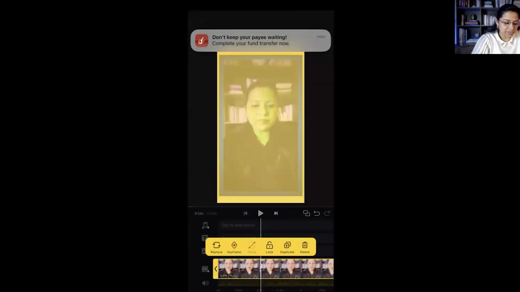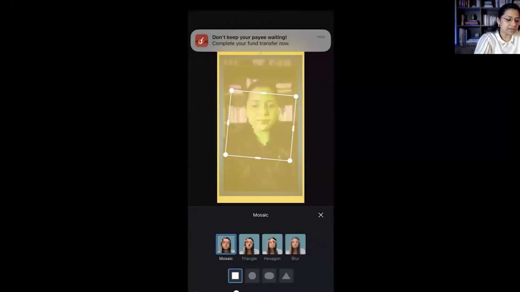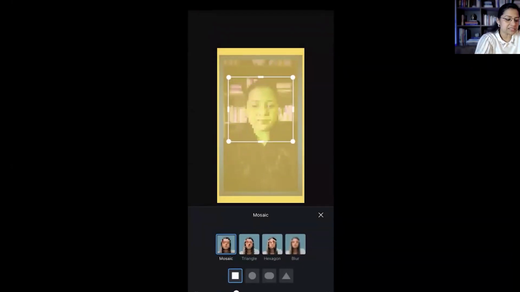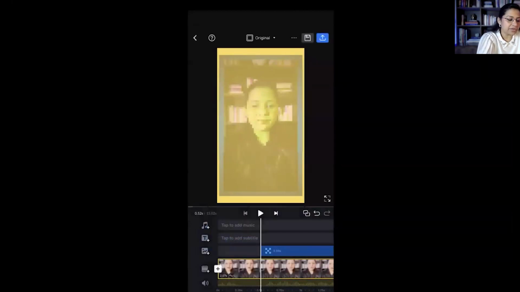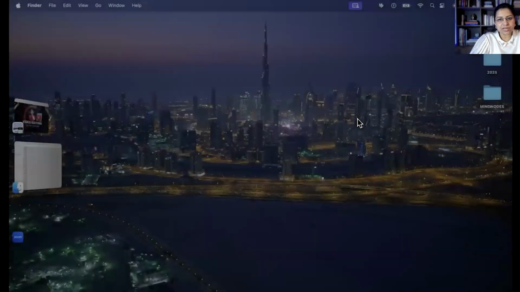And then you have, I think we are done mostly on this, mosaic. Mosaic is something like this. In case you don't want to show somebody's face, you can also put your face on mosaic. So these are the different things, guys, which are available in the video timeline. And if you understand all of this, you're actually 70 to 80% done on the video timeline itself.